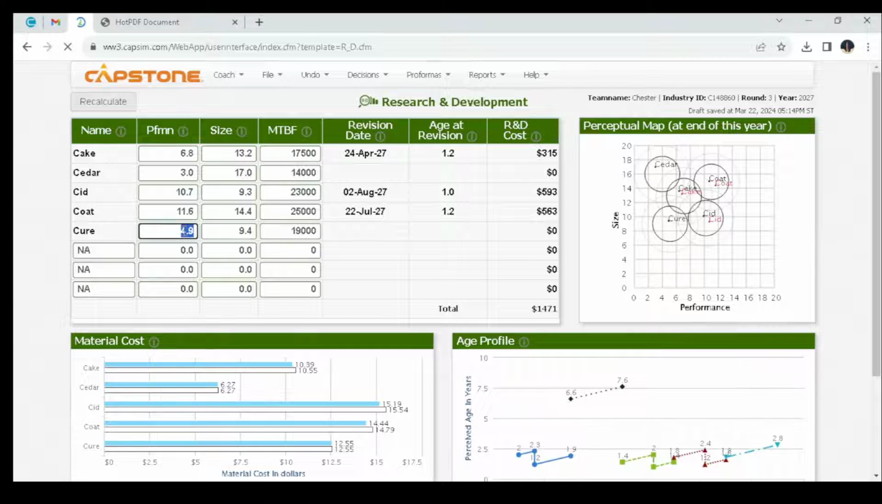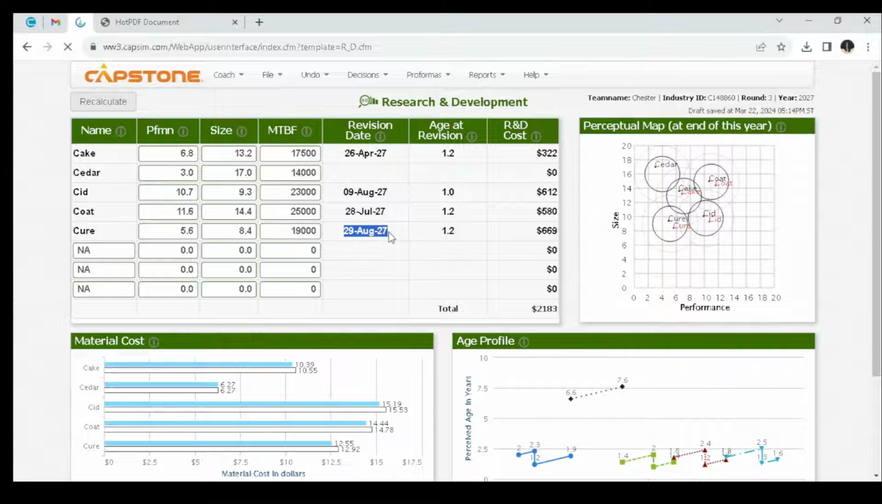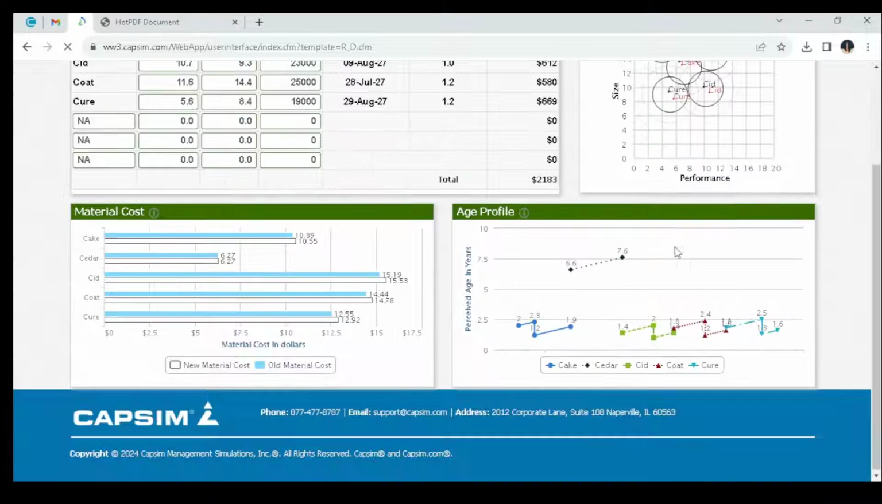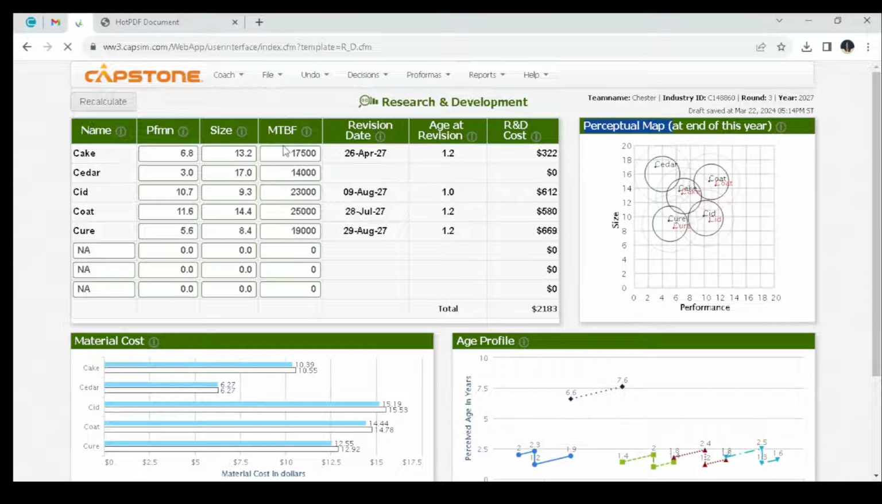For Cure, I decided to use a performance of 5.6 and a size of 8.4. Then we recalculate, and you can clearly see that the revision date is 29th of August 2027. So the revision date simply means that our products will start selling on these dates up to the end of the year, which is 31st December 2027. If you look at the perceptual map, this is the new positioning of our products, and that's it about the R&D. Next department is marketing,